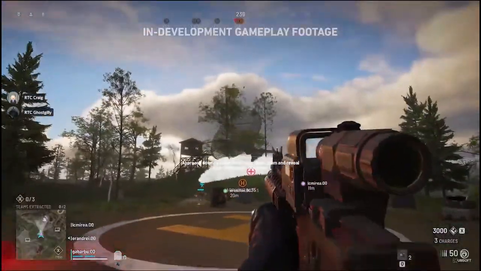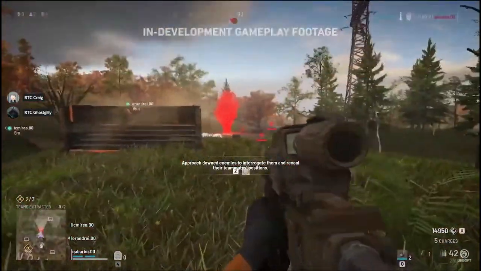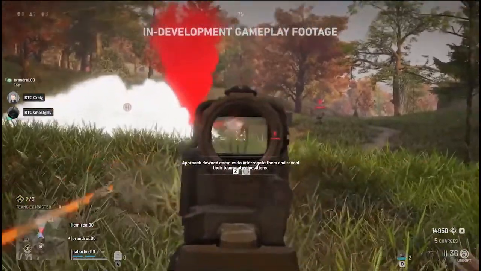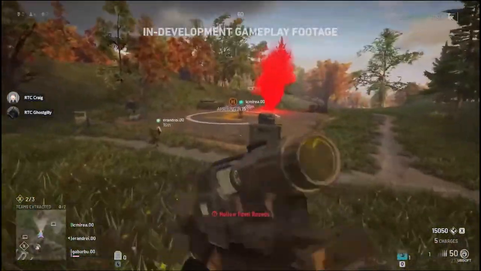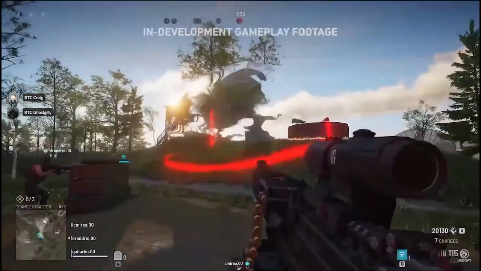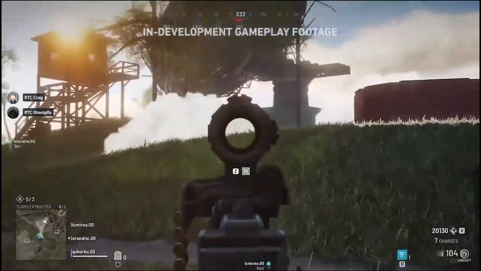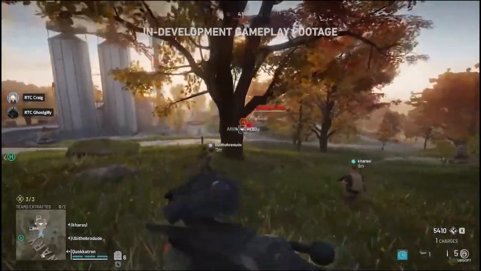Now, here's where it gets really tense. Extraction is quite noisy. Every team on the island will see your position and will be gunning for your ride. If they intercept you before you successfully extract, they can steal it and use it for their own. How you will try to win is entirely up to you. Gather intel and extract in a hail of bullets, or lie in wait for another team's extraction and play the spoiler. This is just the tip of the iceberg when it comes to the freedom you have in setting your own objectives and shaping the game your way, ensuring that no match will play the same.